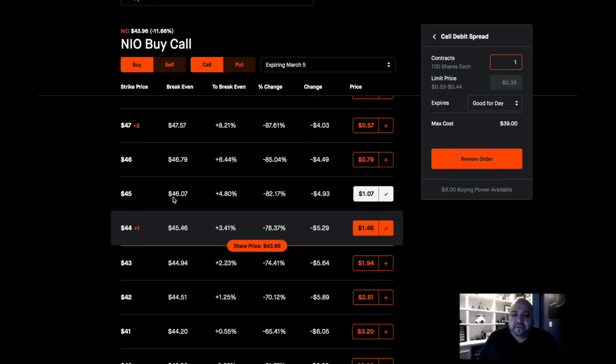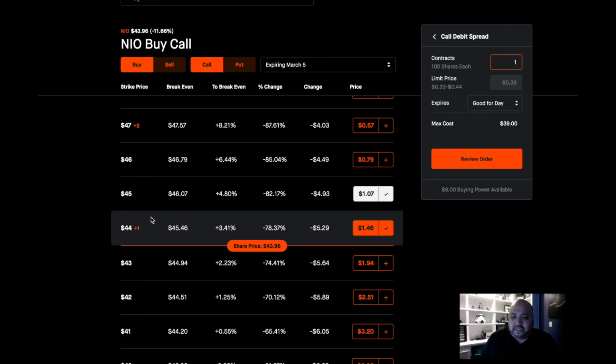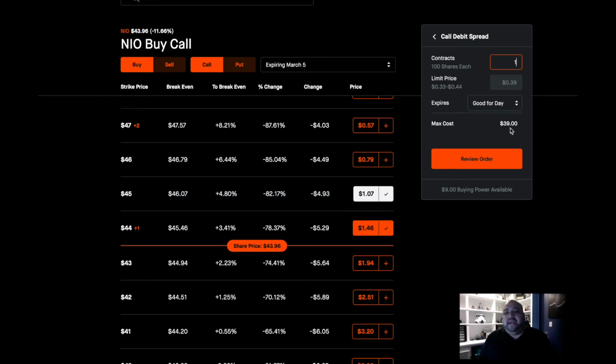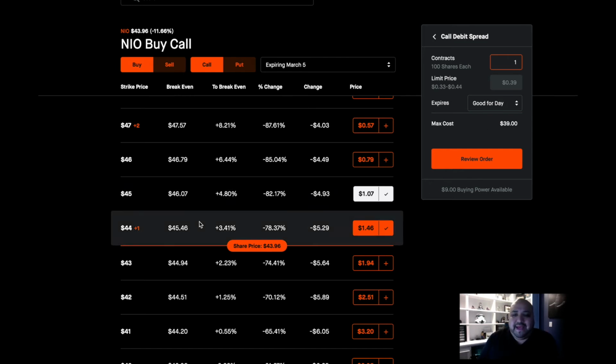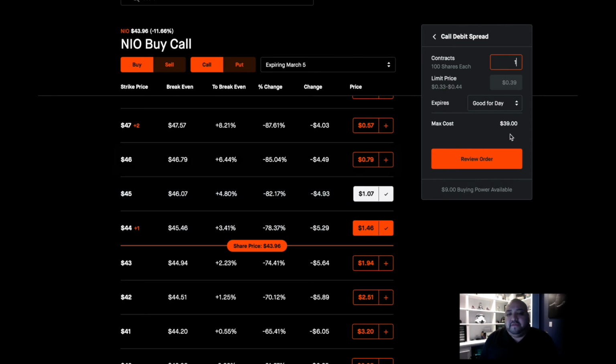So, if you were to buy this contract for $39, the most you can make is $100, minus whatever premium you pay. If I was to buy this for $39, you will make almost a $60 profit. Yes, you're paying a lot less for the contract, but at least you don't have to fork out so much money. But the downside is that you're capped on the earnings, so you're going to make $60 total by investing